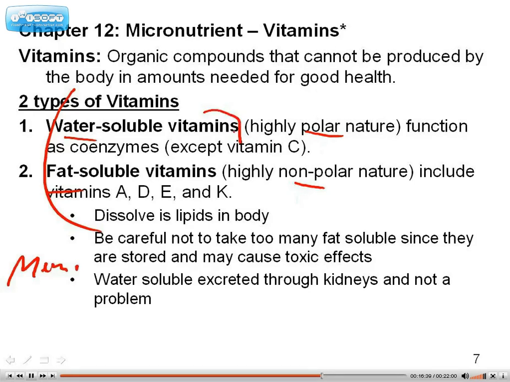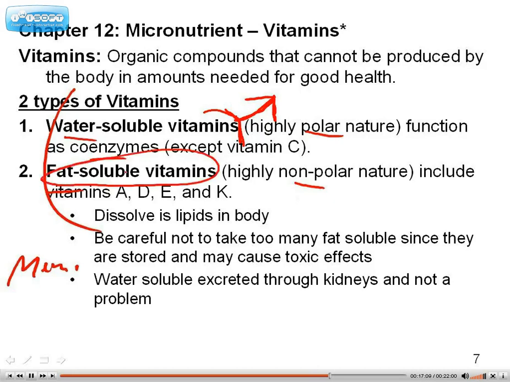Water-soluble vitamins, food for thought. You cannot overdose on water-soluble vitamins. Don't quote me on this, because I'm sure there's somebody who will try and somebody will succeed and then they die, and that's bad. So from what I hear, it's harder to take in too much water-soluble vitamins. Why? Because they're water-soluble. If you have too much, then you will urinate out the excess amount.